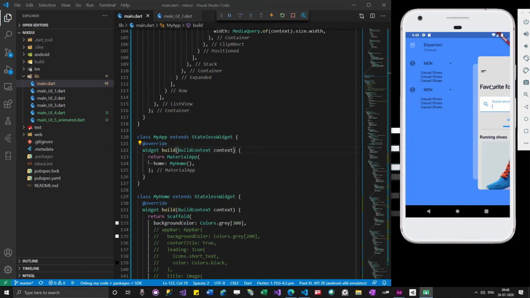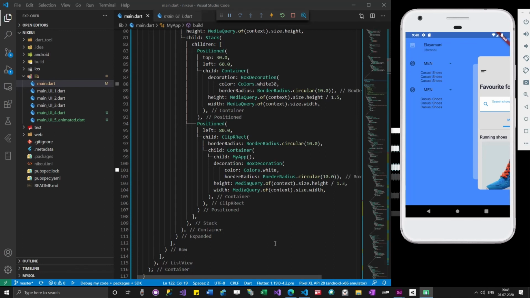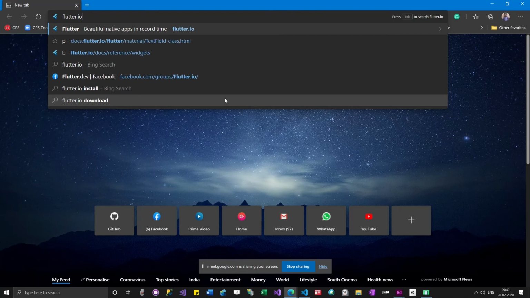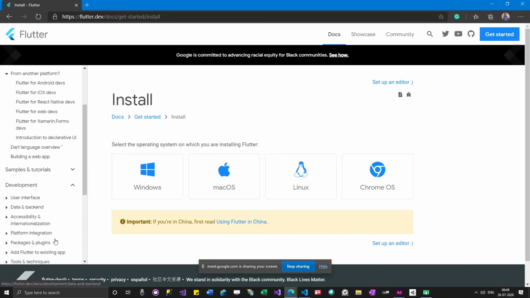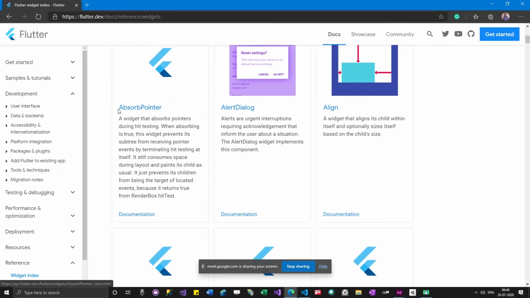For that also we have a widget, something called IgnorePointer. If you go to flutter.io, and then the widget index, here you can see something called IgnorePointer.